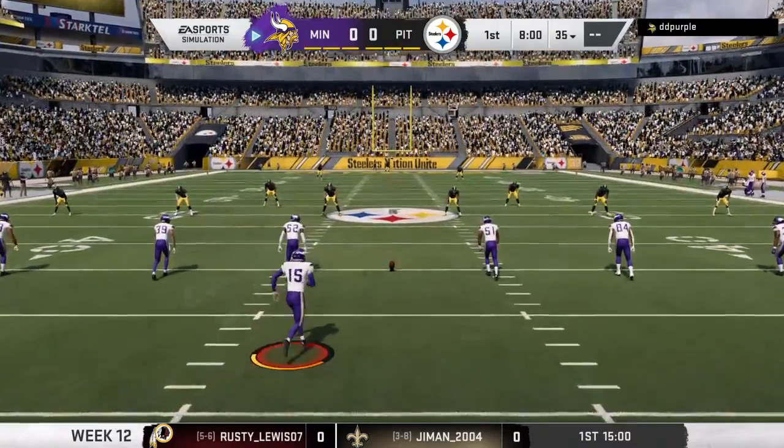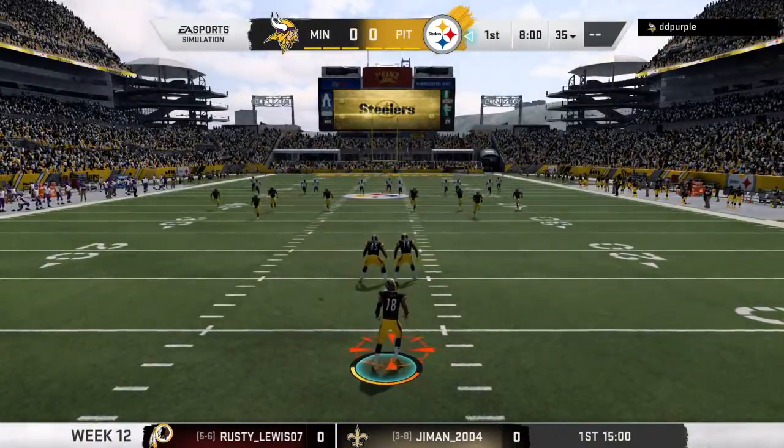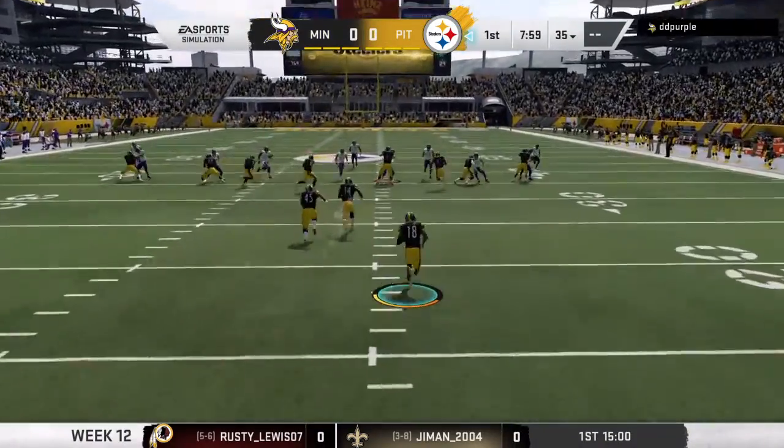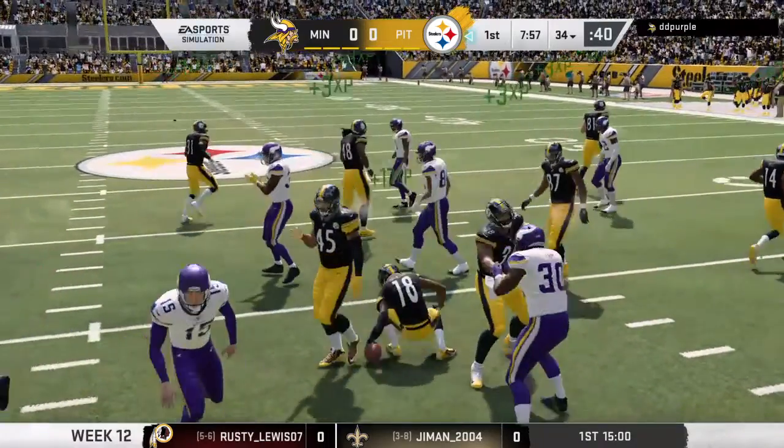The final playoff push is upon us. It's Week 12 of the NFL season, and we're underway on EA Sports. This one taken just inside the 10. And a nice job there as he gets this one up just...